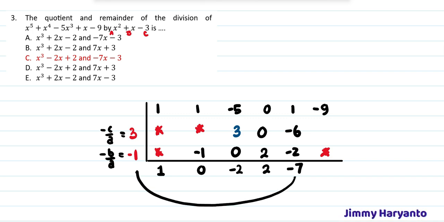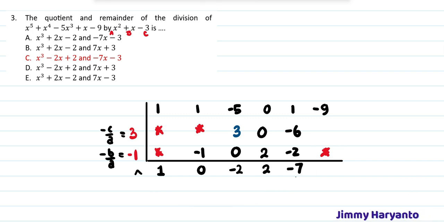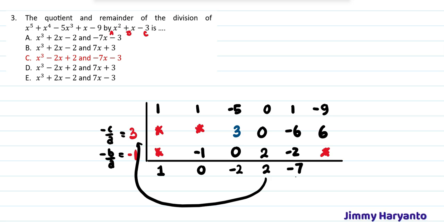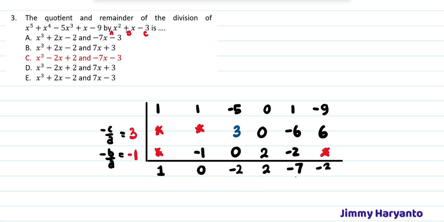And you don't have to do this because we have stars right there, we cannot fill in the space. And then for this one is 6. Okay, and then you will add this, you will have negative 3. So the remainder is negative 7, negative 3. That means this or this one. Yeah, A or C.